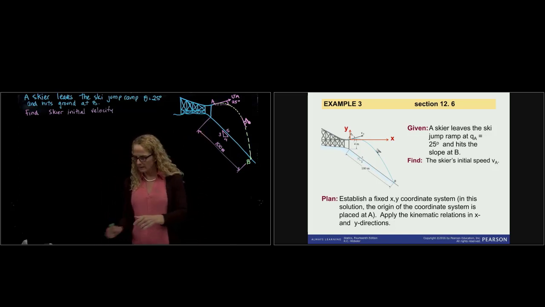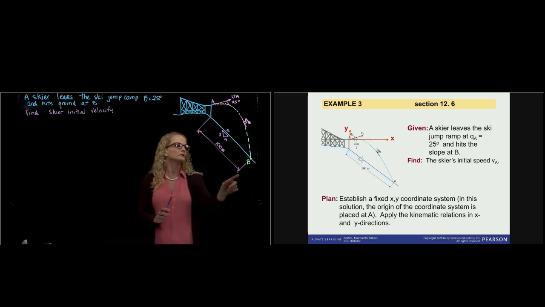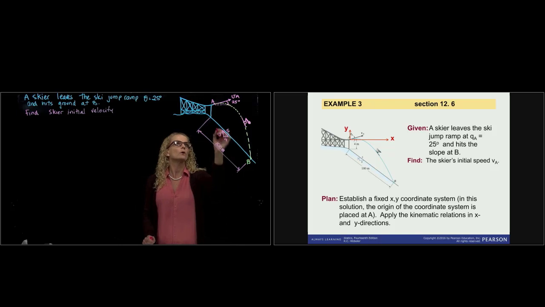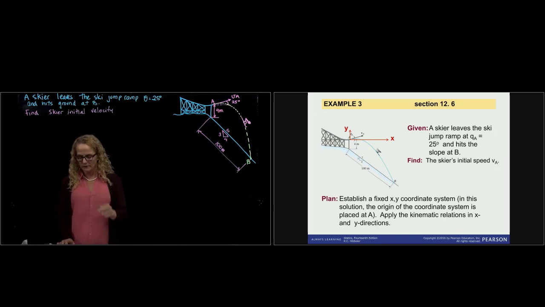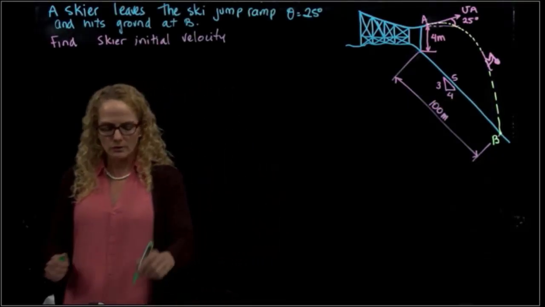B is located at 100 meters downslope, and we have that the ramp has a height of 4 meters. So we are asked to find the initial velocity. So the solution of this problem,